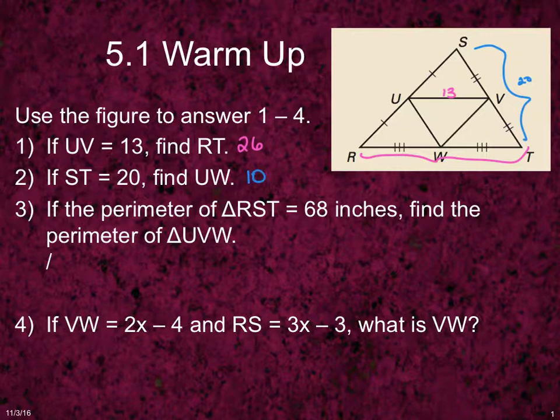Good, half of it. Then it said, if the perimeter of triangle RST is 68 inches, find the perimeter of UVW. RST is the big one. UVW is the little one. What's the perimeter? 34. How do you know that? Good. Every side length is half, right? So number 4 says if